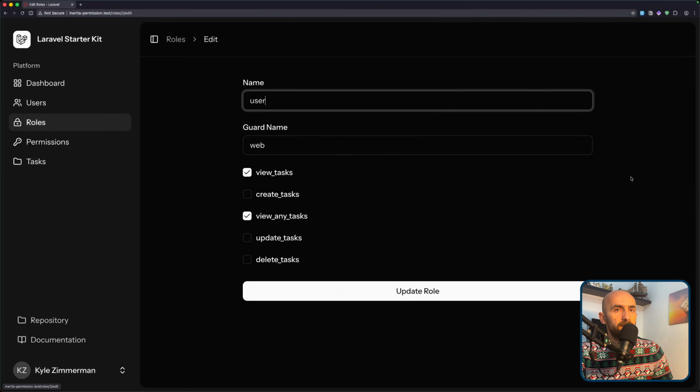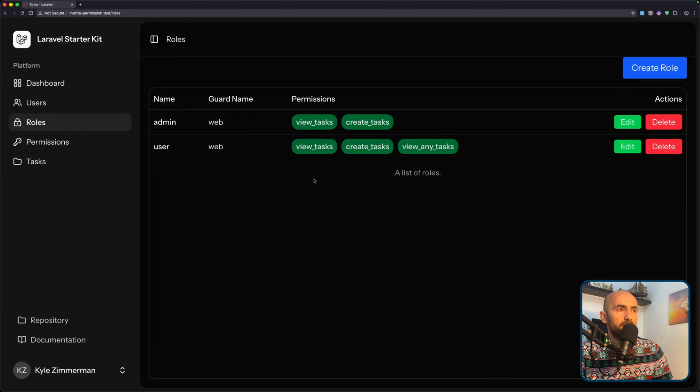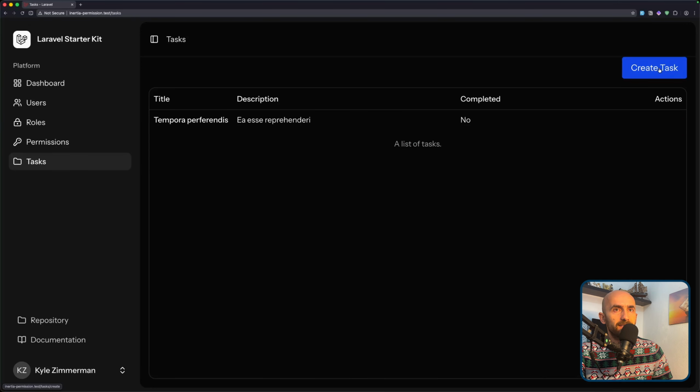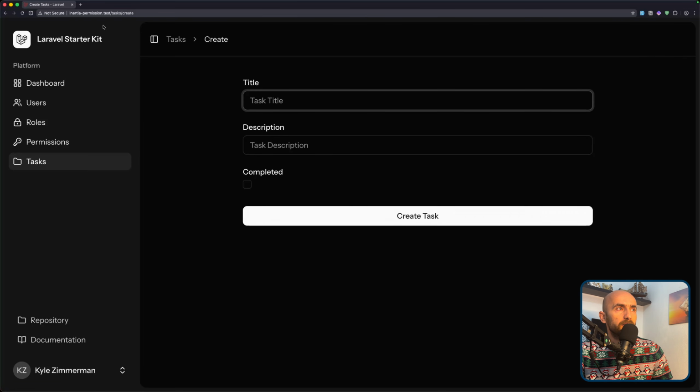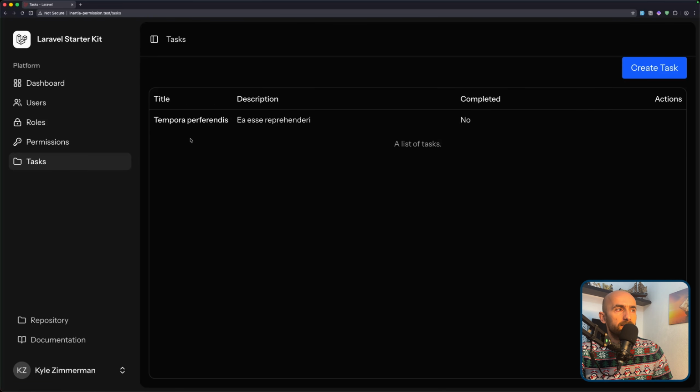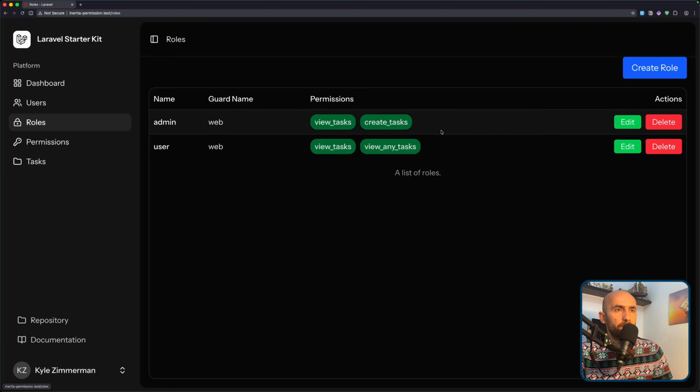So I'm going to assign the create tasks permission and update the role. Now he has view, create, and view any. And now if I go to tasks, we can see the create task. Okay. Next, let's do the